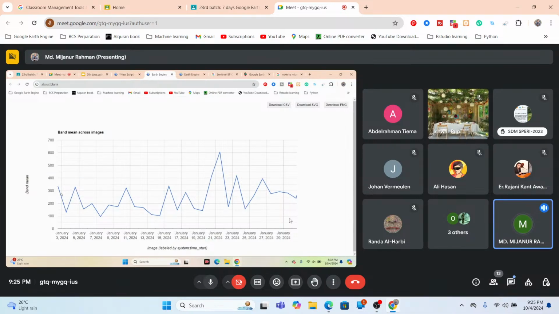You can see the concentration value is now visualized. Suppose it shows 130.99 micromole. We converted the unit to micromole, and we find this type of value. Also you can see 327 micromole, 155 micromole on 5th January, and on 6th January 198 micromole, and it shows the average